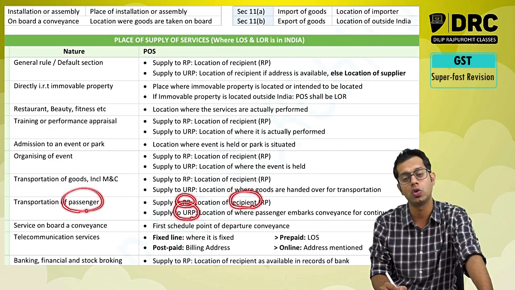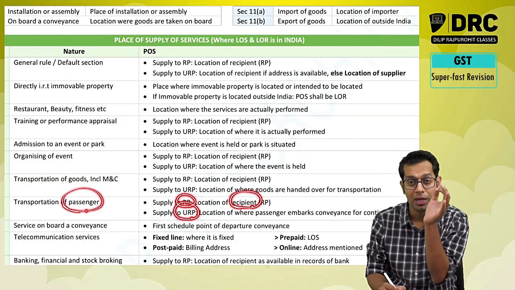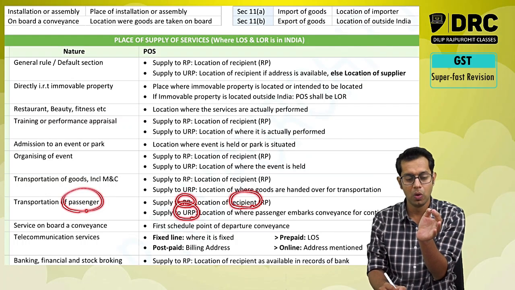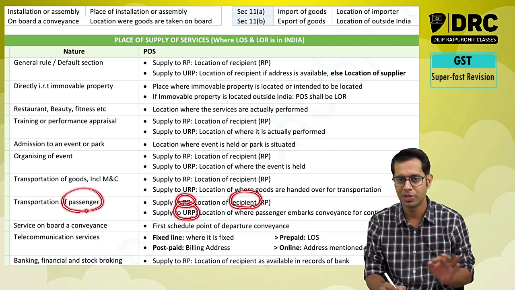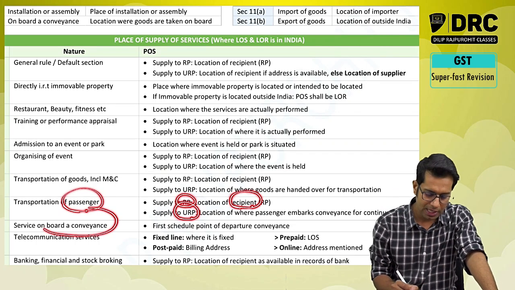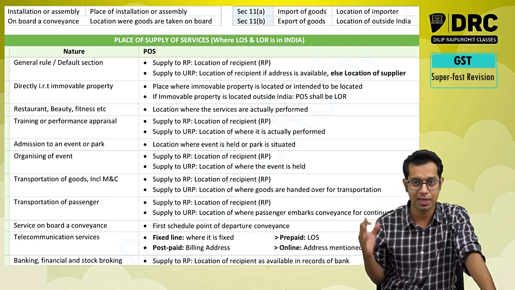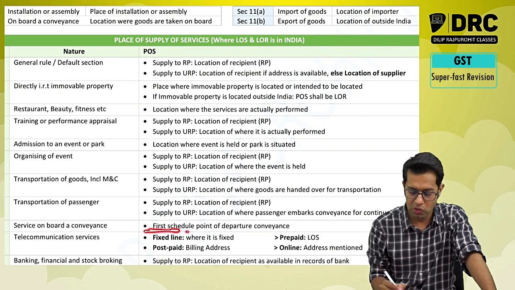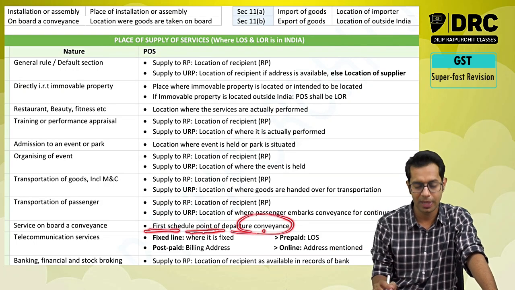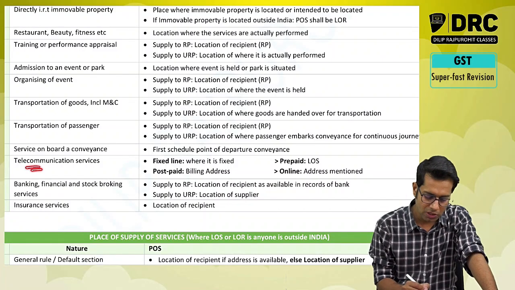In case it is given to an unregistered person, then the location where the passenger embarks the conveyance for continuous journey. Then in case of services supplied on board a conveyance, whenever you are in an aeroplane, if you are getting any services over there, then the first scheduled point of departure of that conveyance will be taken as place of supply. In case of telecommunication services,